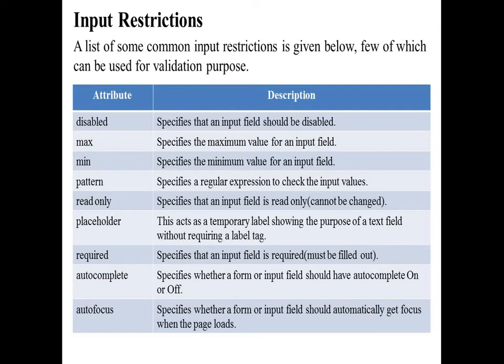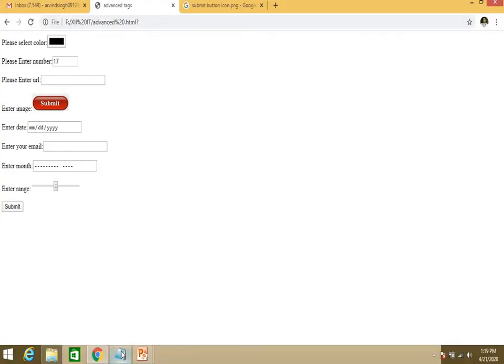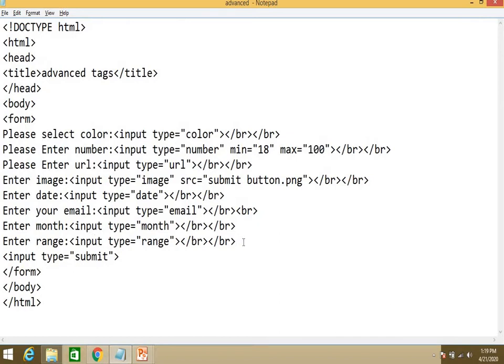Next is the pattern. Sometimes we need our country code to be in a certain format. The country code should start with 3 alphabets. So I will make an example. I am writing, enter country code, and the country code should start with 3 alphabets.